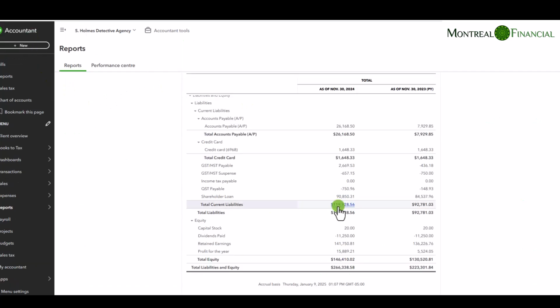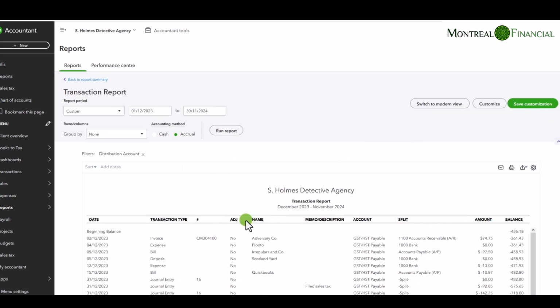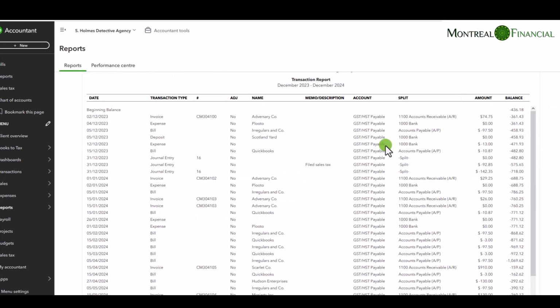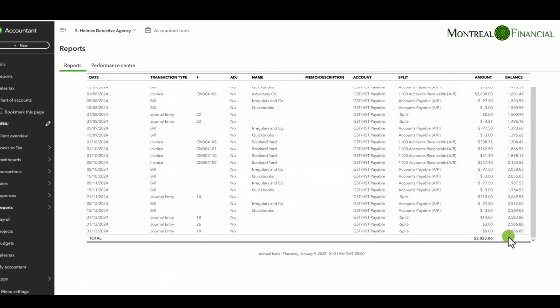Regardless, in this case, because this is as of November 30th, I am simply going to change this to December 31st, run report, and then look at the balance and make sure that this